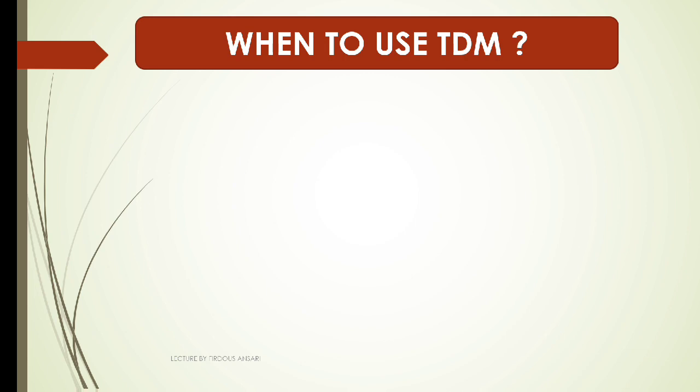But there are a few areas where you cannot check the responses, like epilepsy. We cannot check the depth of epilepsy. Depression, we cannot check the depth of depression. Psychosis, we cannot check the depth of psychosis. Cancer, we cannot check the extent of cancer. So the first area where TDM is used is when the response cannot be measured. Whenever response cannot be measured, we can use TDM.